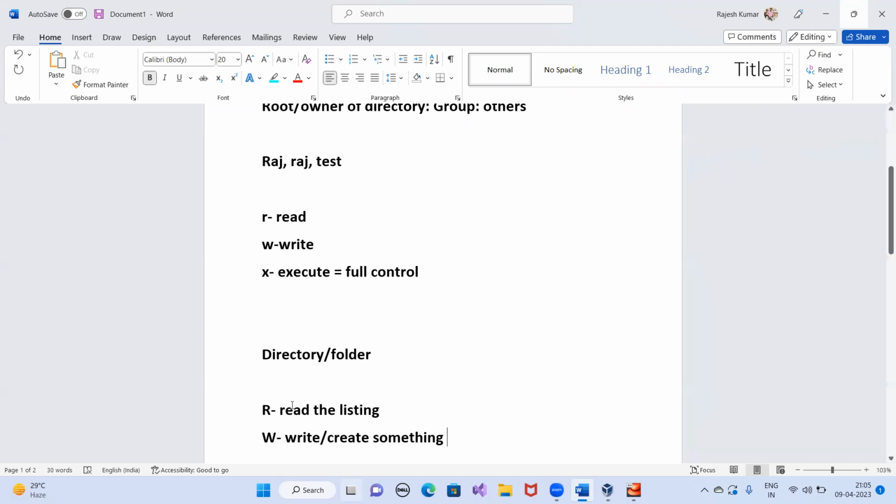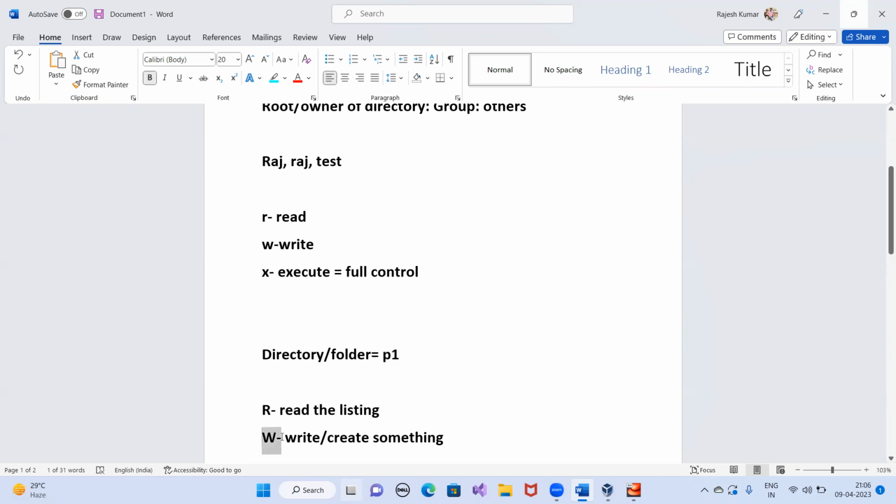Create something in the sense they can go to that folder. Suppose the folder name is P1. If someone has the read permission on the P1 folder, it means the user can enter into the folder and see what is already saved inside that.